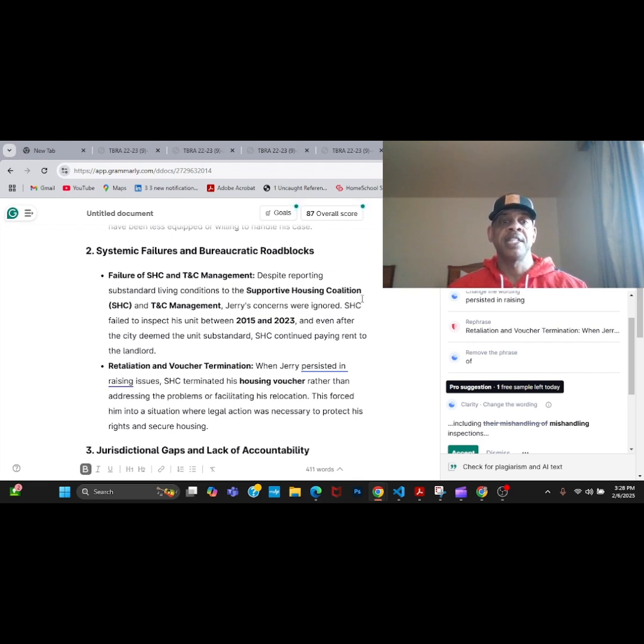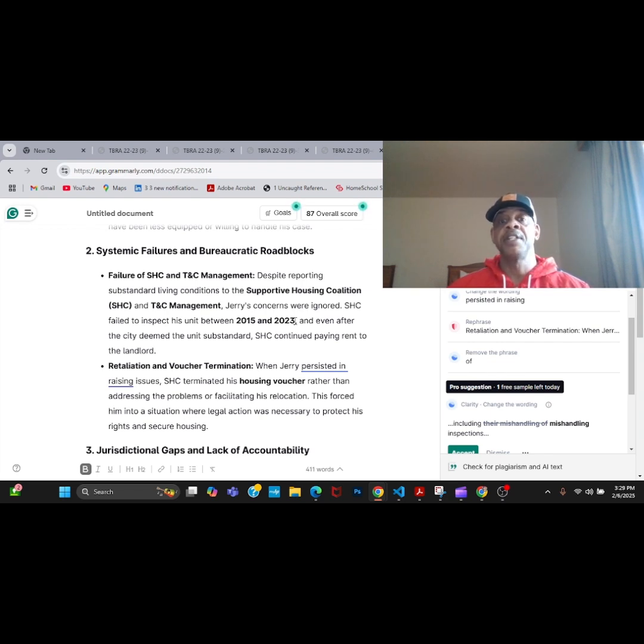The housing voucher agency failed to inspect my unit, now listen to this, between the years 2015 and 2023. That's a long time. And even after they came back to inspect the unit in 2023 to recertify me for a new lease, they actually passed the unit.